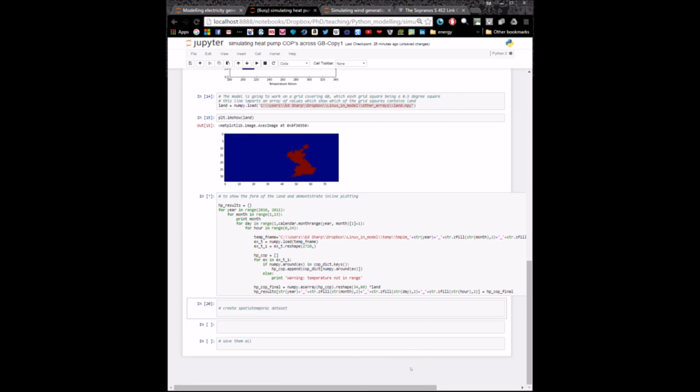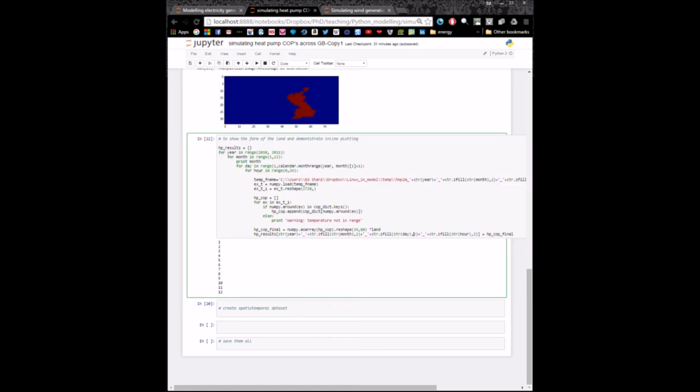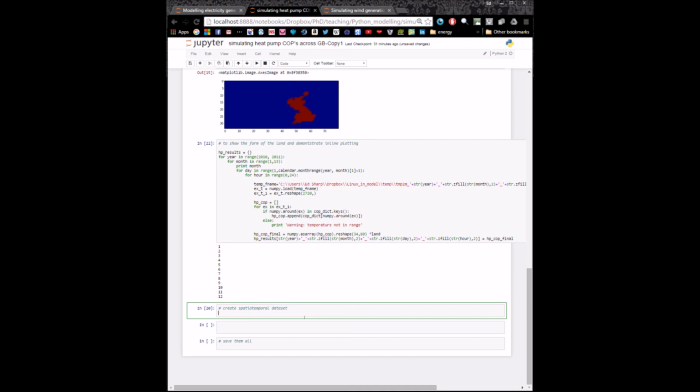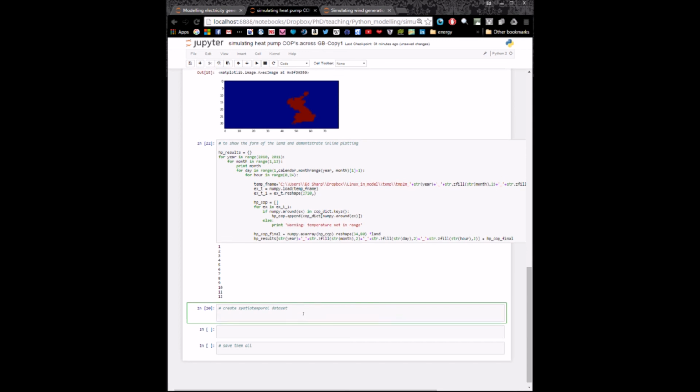I'm going to pause this whilst it's running. The model is finished running now. I paused it because it takes a few minutes to run. It takes quite a while to call in the data, etc. You can see that it's printed out each month as it goes along. But now we have this dictionary holding the values with the keys for the